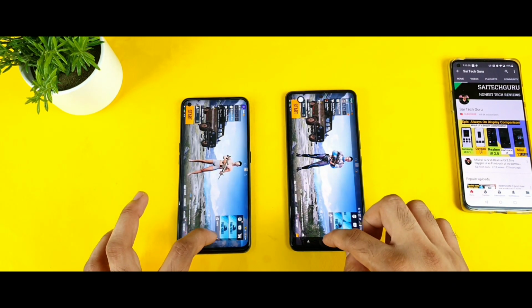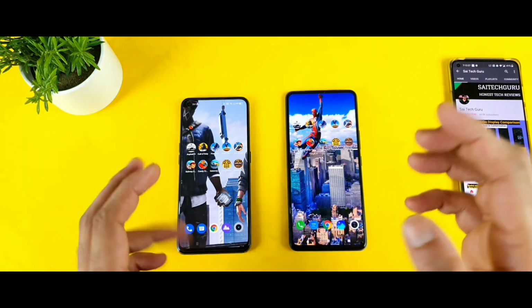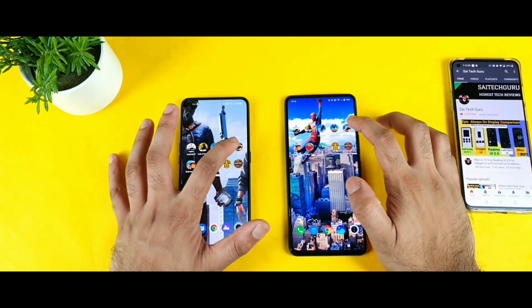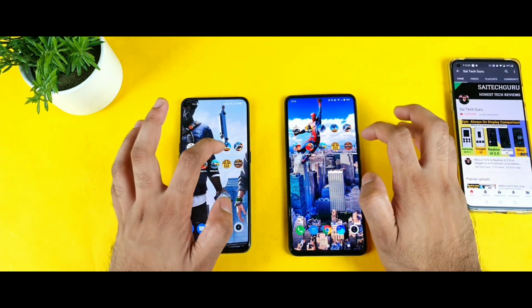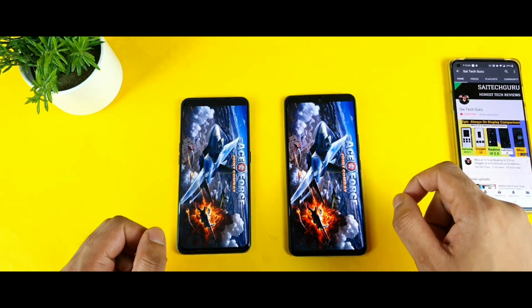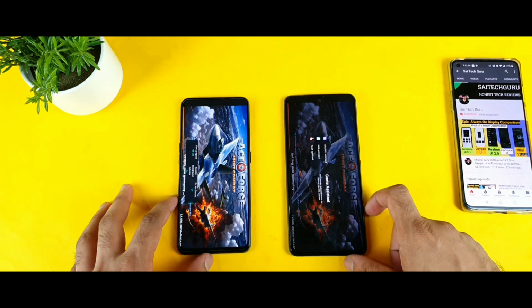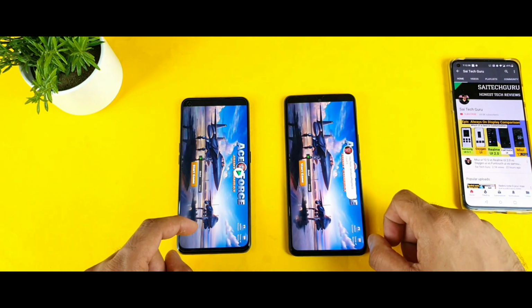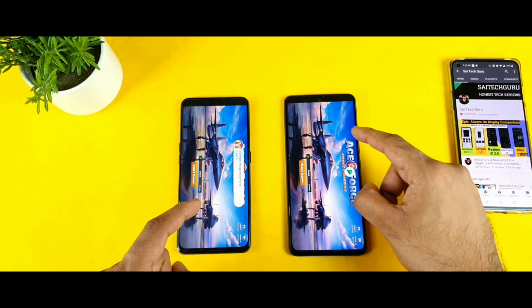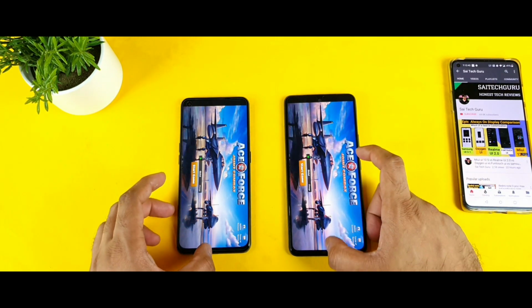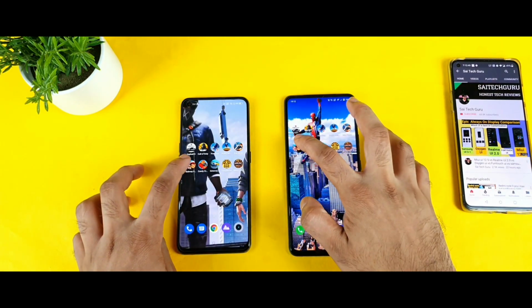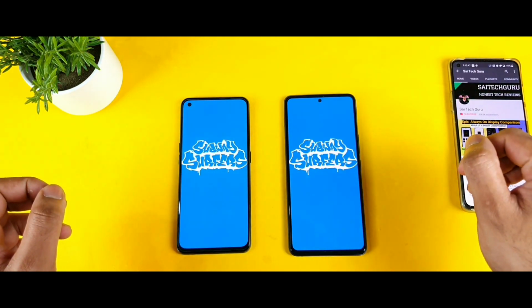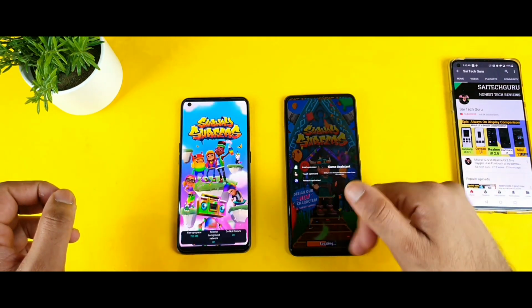And even in the 4 games, the clear winner is the Snapdragon 870 processor in terms of opening the games. Let me try to do the next remaining small games which I'm trying to play. So Ace Force, which should not be that much of a big deal to open. And both first, this IQ7, we did get this kind of message first in the IQ7 smartphone. Next game is Subway Surf. Let's see which phone. The first phone to open is the IQ7 device.